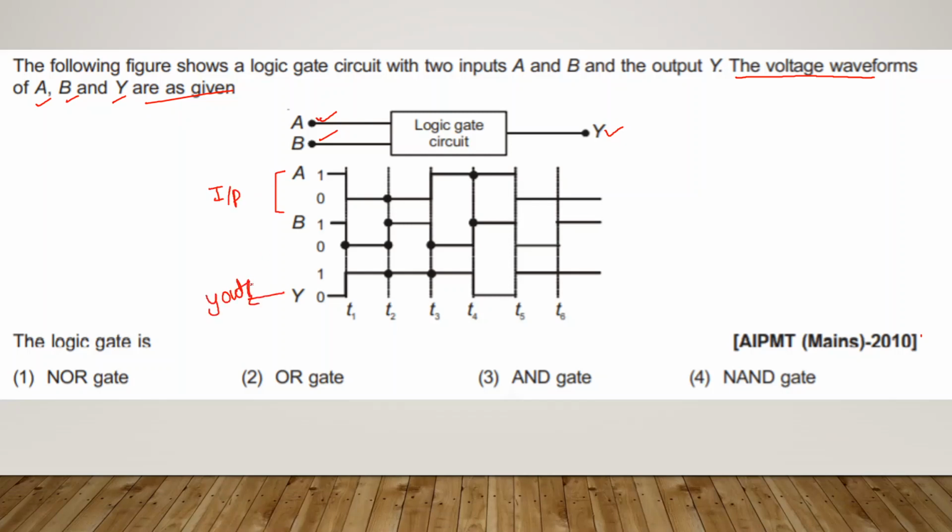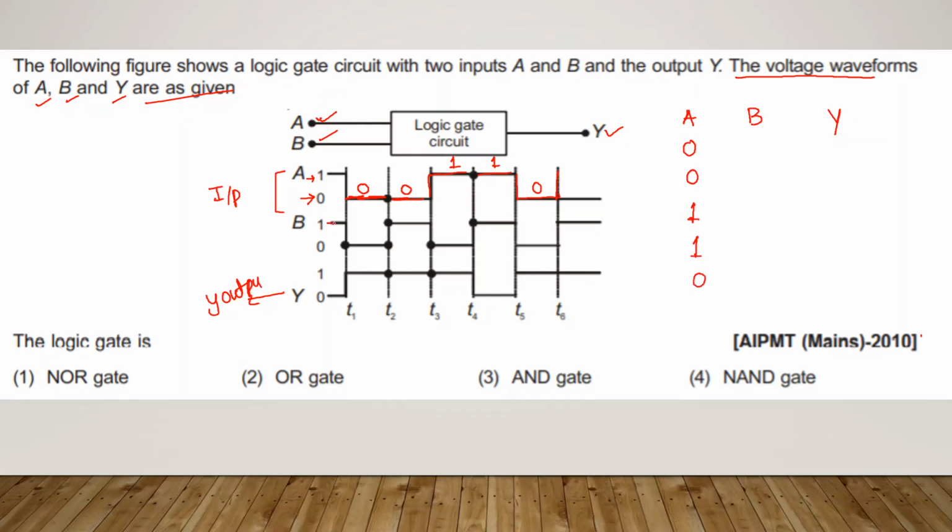Let us write down this waveform in the form of a truth table. A, B are inputs and Y is output. Now let us find out what the inputs are. Here he has already mentioned low signal and high signal. This first one is low signal. Next one is also low signal. Now this one is high signal. Again from here to here it is high signal. Again from here to here it is low signal. Let us write down the inputs for A. It is 0, 0, 1, 1 and 0.